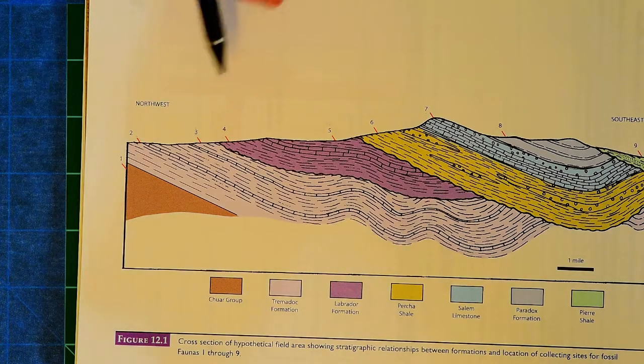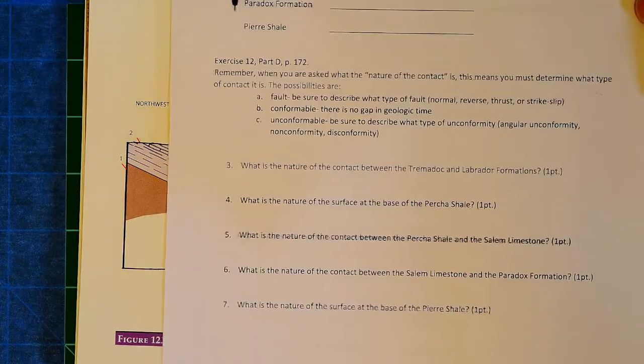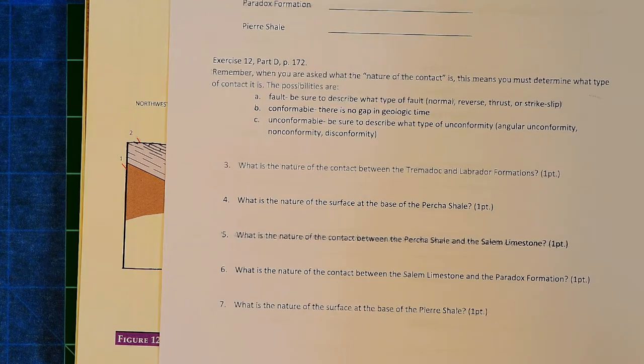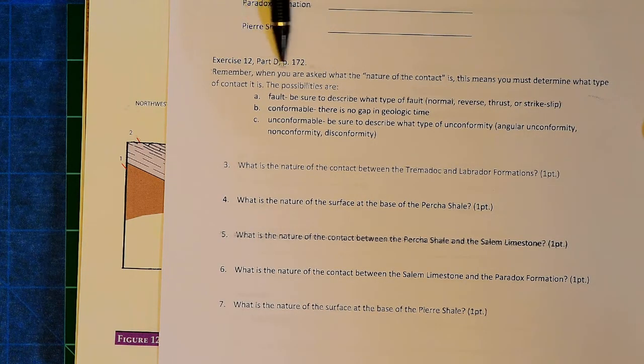Now, after you've done that, figuring out the age of all of those different formations, then you're going to start interpreting the geologic history of this area. So this is exercise 12 part D in your lab manual. And I wrote, remember, when you are asked what the nature of the contact is, this means you must determine what type of contact it is. And a contact is where the 2 different rock types meet. The possibilities are that you could have a fault contact. And if it is a fault, make sure you say if it's a normal, a reverse, a strike slip, or